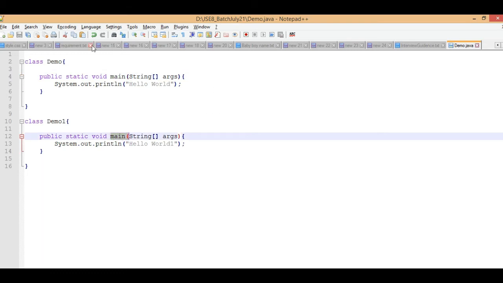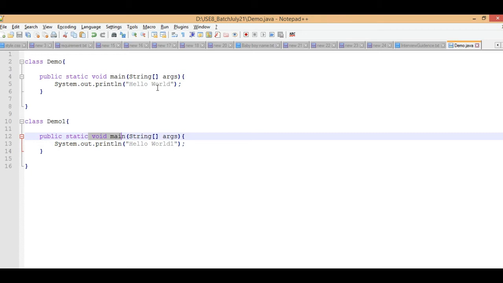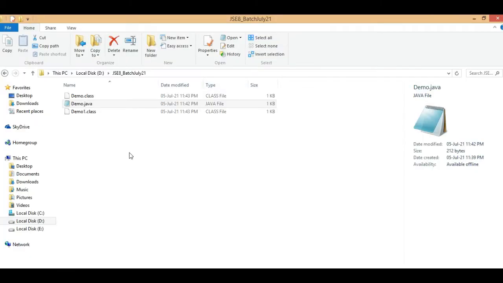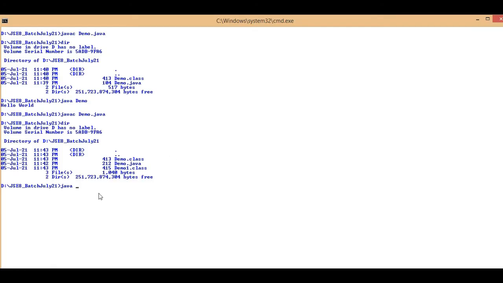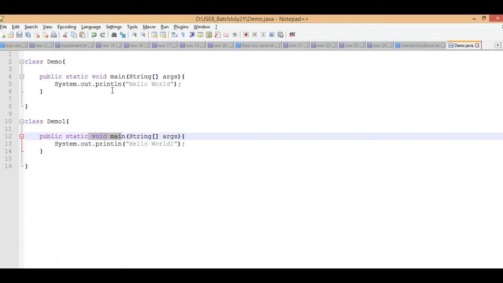Yes. If I am able to write two programs of the same type, and each program has main, then I am able to write two main methods, because main is the starting execution point. When you give the command java demo, demo is a class, so whatever class name you give here, that specific main will be executed.